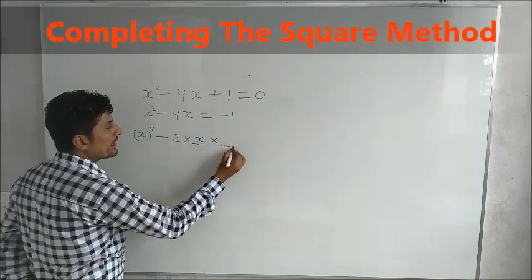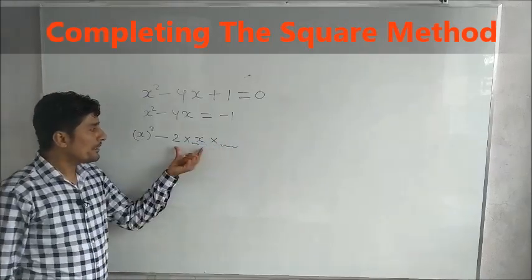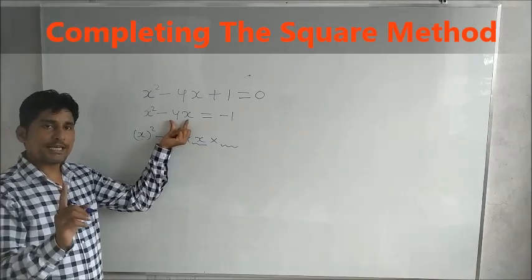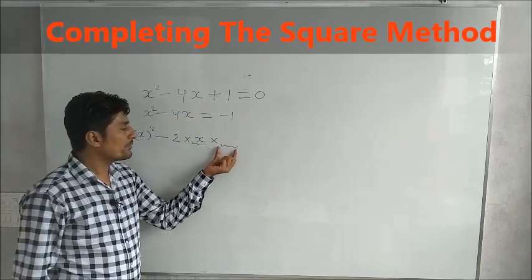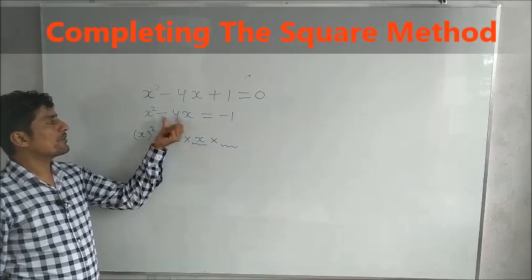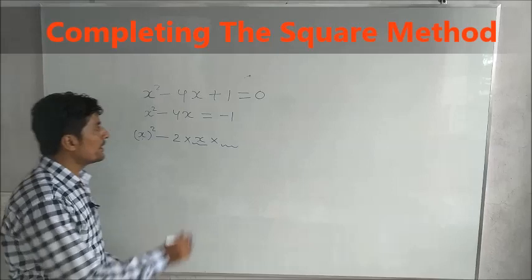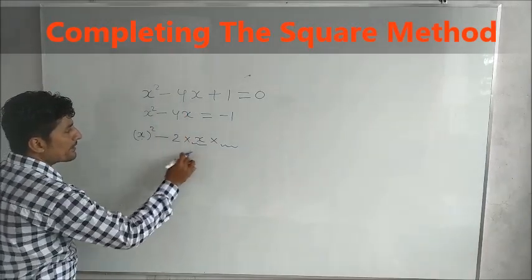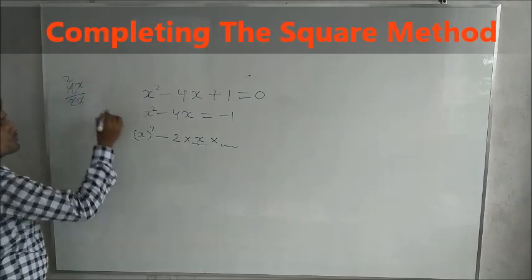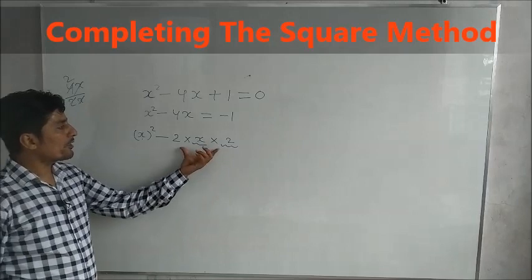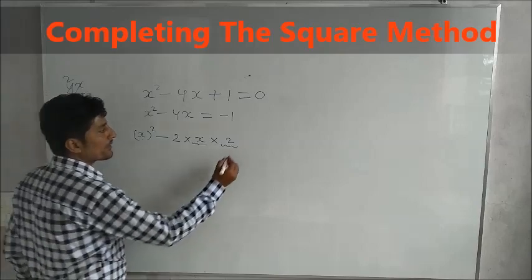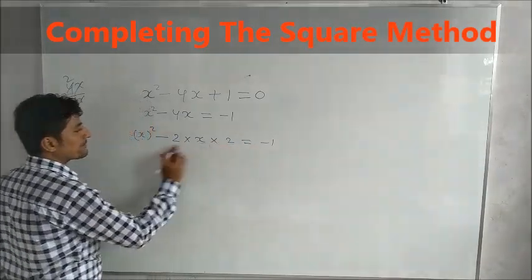After that, we have to think about the term which must be multiplied by these two terms to get the result equal to 4x. So how to get this term? Simply divide this 4x by this 2x. 4x is divided by 2x, the result equals 2. So we can write here 2. Now find the product of all these. This will be equal to 4x. 2 into 2 into x will be equal to 4x.